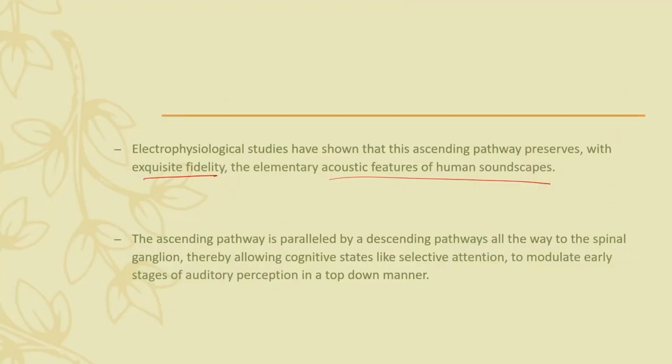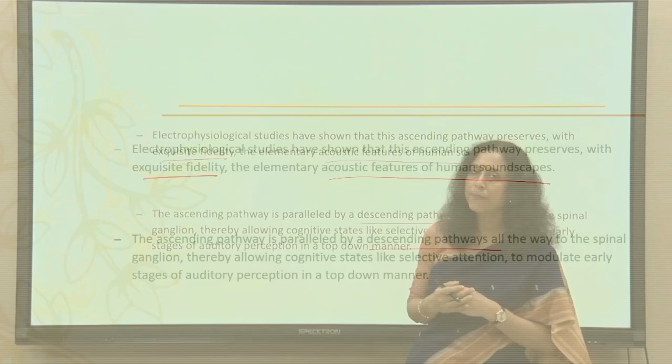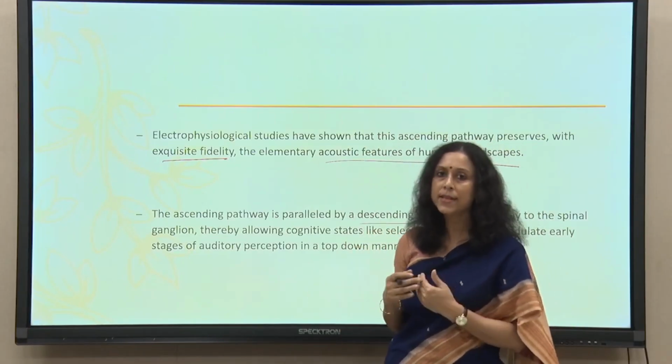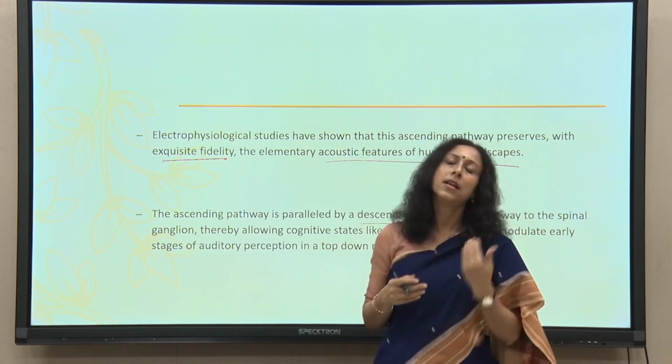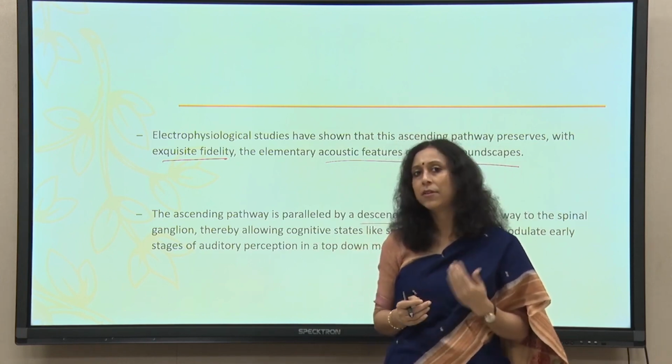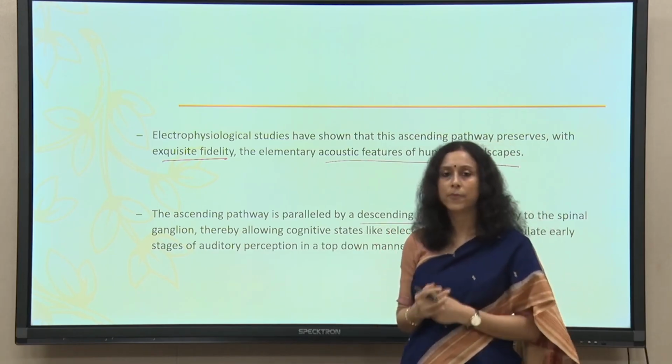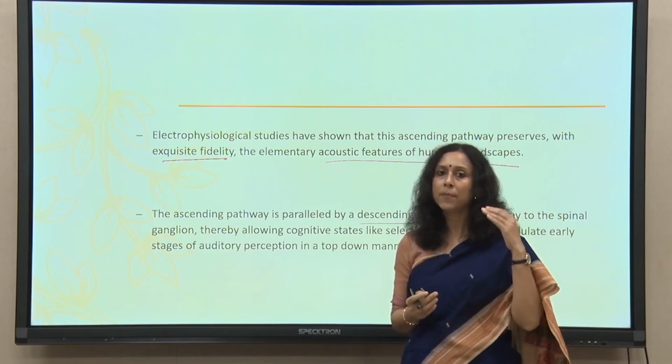The ascending pathway is paralleled by a descending pathway all the way to the spinal ganglion, thereby allowing cognitive states like selective attention. Most processes, whether visual or auditory, involve two-way traffic. One is bottom-up processing, which is dependent on the stimulus. As we hear sounds, the ear picks them up, and the signals travel to the cortical region and get processed. At the same time, there is also a top-down process from the brain to the